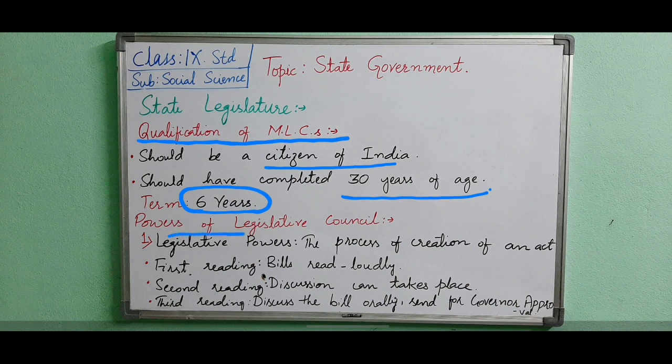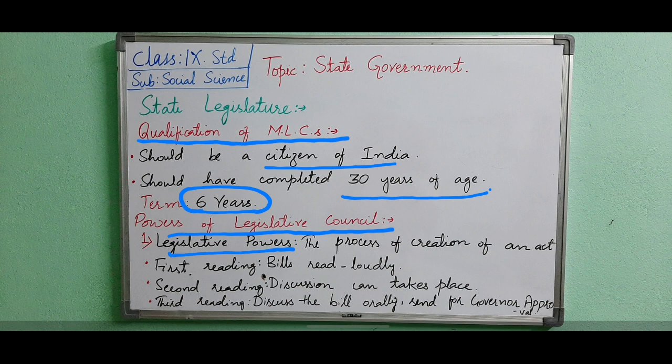The first is legislative power. All bills may be presented in both the houses except money bills, which are presented first only in the Legislative Assembly. After the bill is approved by one house, it is sent to the other house. The Legislative Council can withhold a bill for 3 months. However, when the same bill is sent by the Legislative Assembly for the second time, the Council should approve it within